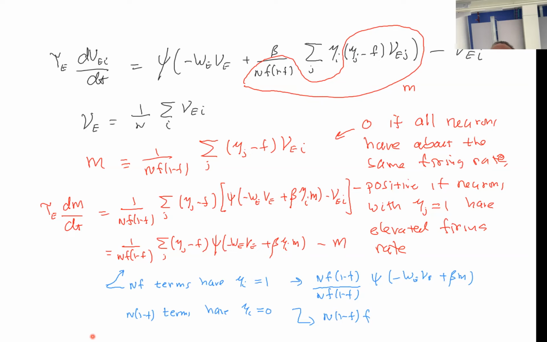So because eta is 0, you get a factor of minus f from here. So there's a minus f, so there's a whole barrel minus sign, and we divide by n. f, 1 minus f, and things cancel, and we get psi of minus w e nu e. Okay, so it's kind of dense and complicated, but basically we just take this equation. We said a_j equal to 1 with probability nf, and 0 with probability 1 minus nf, and that gives us the sum of this term and then minus that term, because when a is 0, you get a minus sign. And when you put all that together,